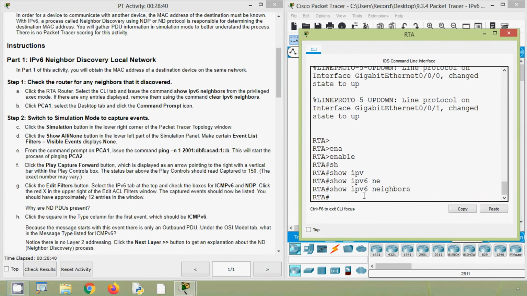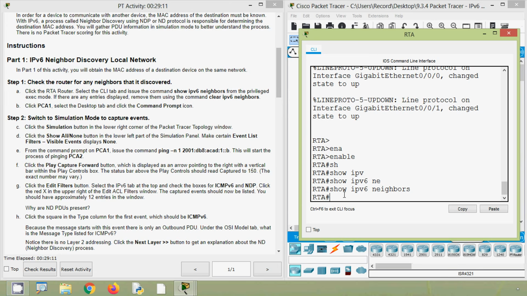Here we cannot see any neighbors, so there is no need to use the command clear ipv6 neighbors. When you give this command, if you get any neighbors, you can use the clear ipv6 neighbors command to clear